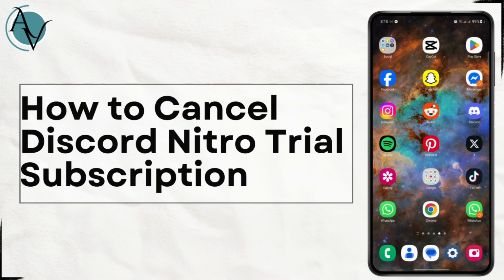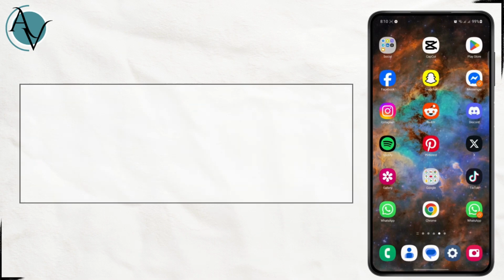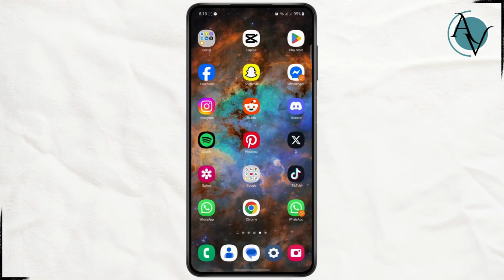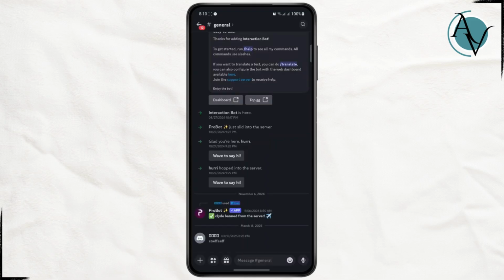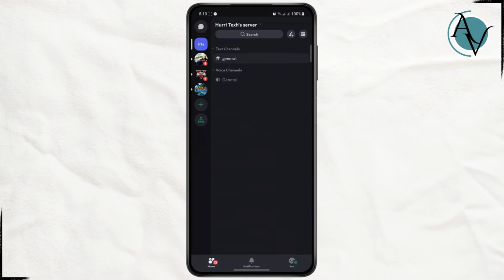How to cancel Discord Nitro trial subscription. First things first, you're going to have to open up your Discord application. Once you open up the app, you just have to make sure that you are logged into your account. As you can see here, if I just go back on my profile and tap on my profile, I am